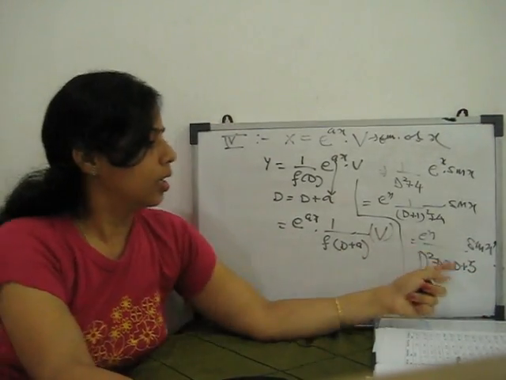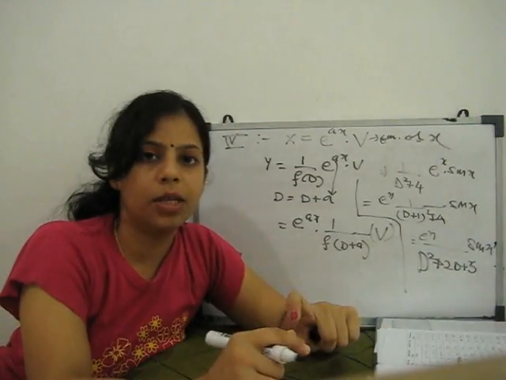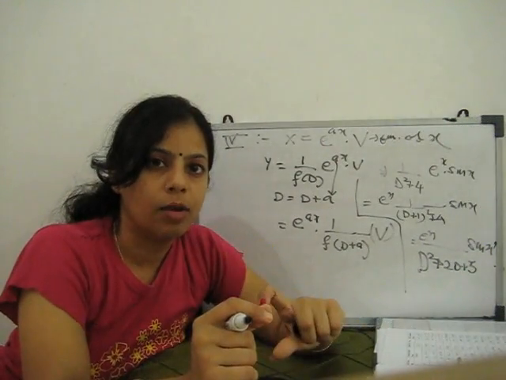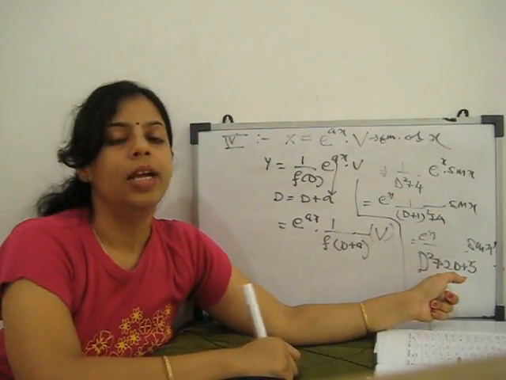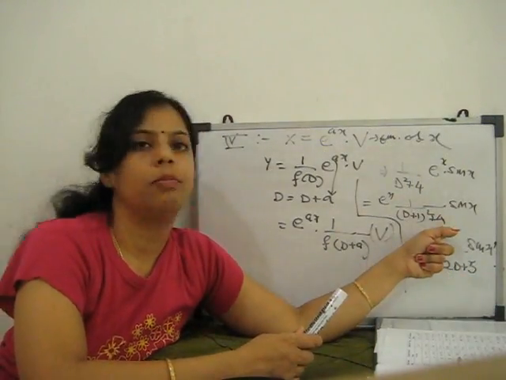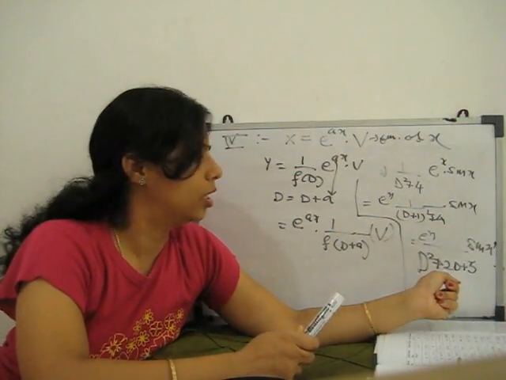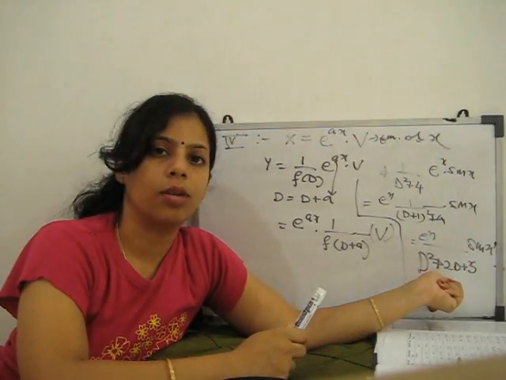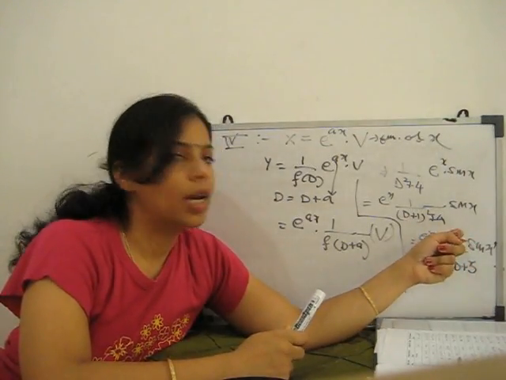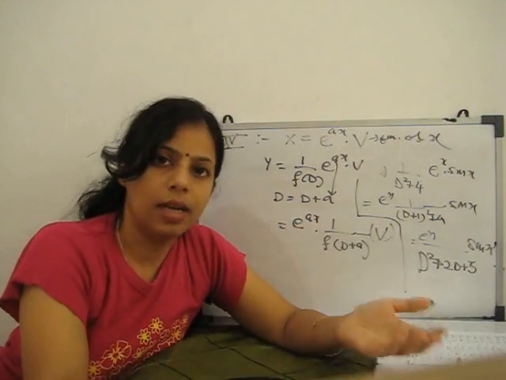2 comes outside, d plus 2. So d plus 2 is there. Again we have to convert this into d square. So we have to multiply d minus 2 in the denominator and d minus 2 in the numerator. So the denominator will be d square minus 4. Then again d square equal to minus 1. In the numerator, d means d by dx and then differentiate it.